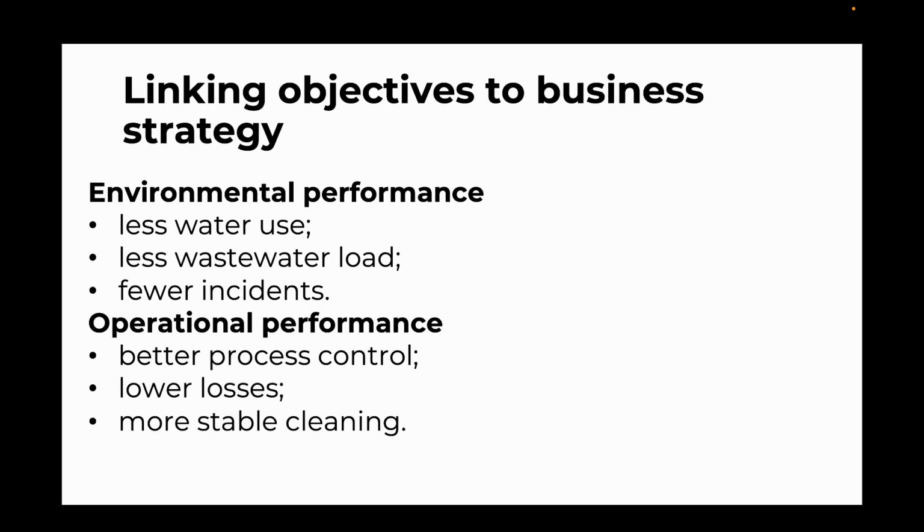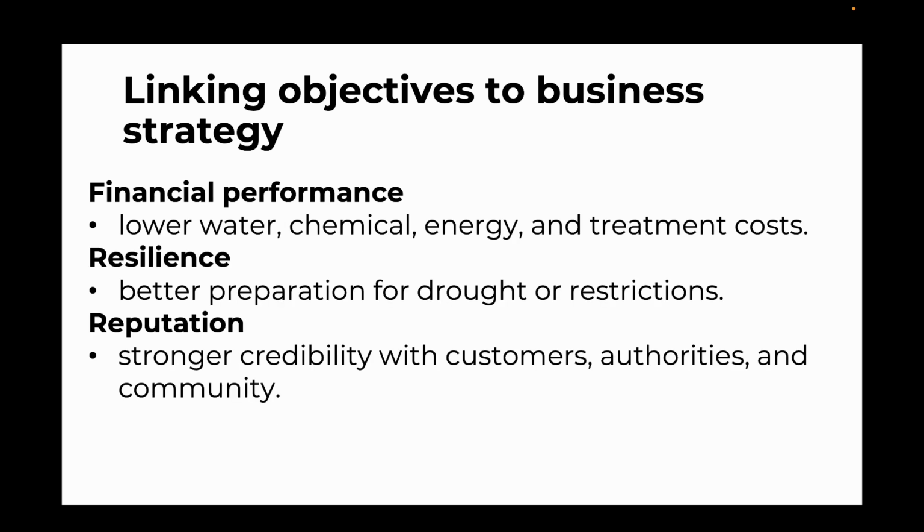Now, water objectives should not be isolated from business strategy. So, for BlueRiver, water performance can support several strategic priorities. So, for example, reducing water use improves environmental performance, but it may also reduce costs. Reducing chemical oxygen demand variability improves wastewater control, but it may also show better process stability. And reducing cleaning in place losses improves cleaning efficiency, but it may also reduce water, chemicals, energy, time, and wastewater